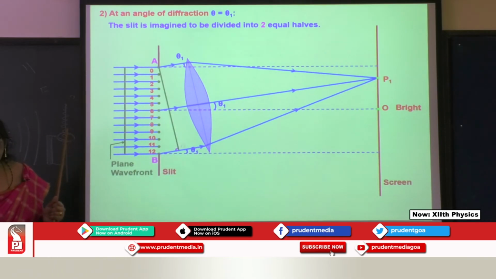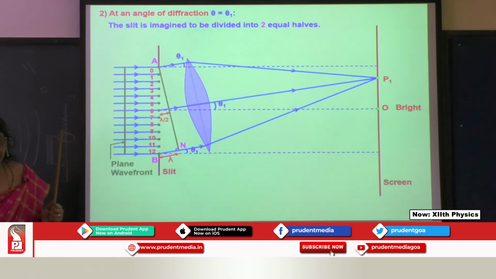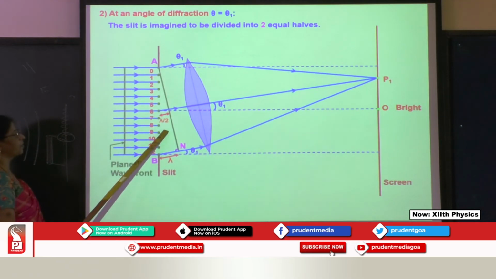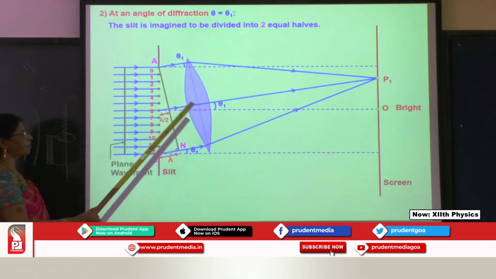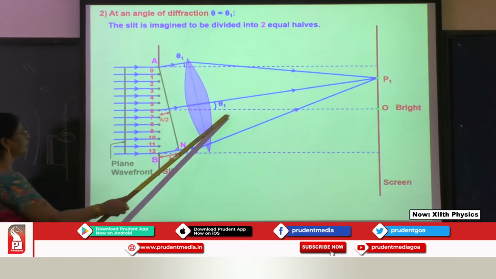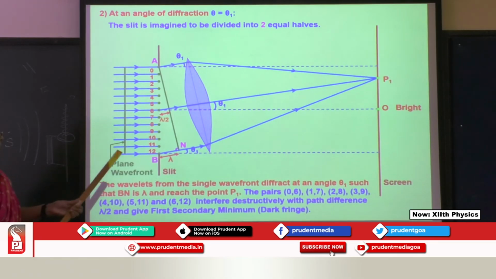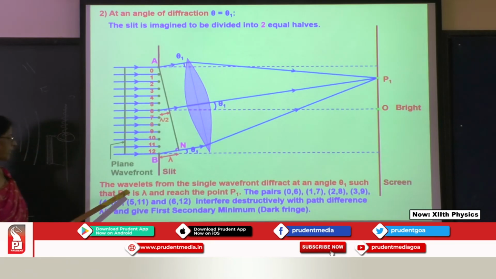Now, when you consider the next condition over here, there is a difference of lambda by 2, lambda by 2. So this is the one way we have for an angle theta 1. For the next one, the wavelets from the single wavefront diffract at an angle theta 1 such that